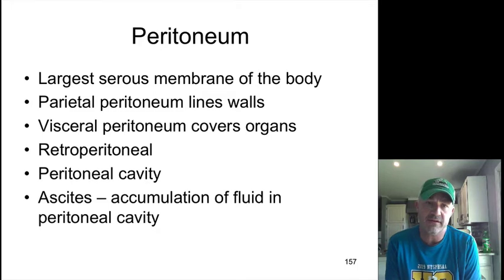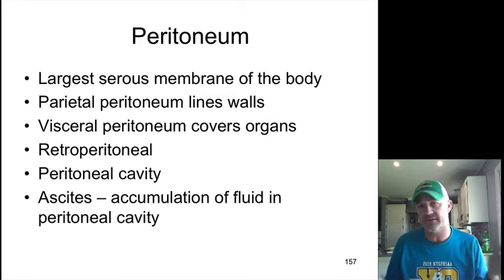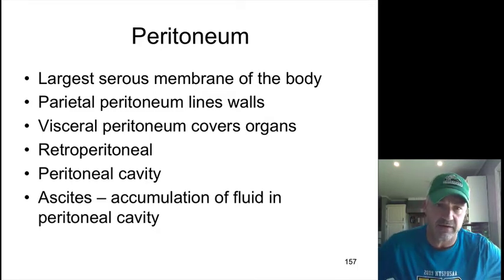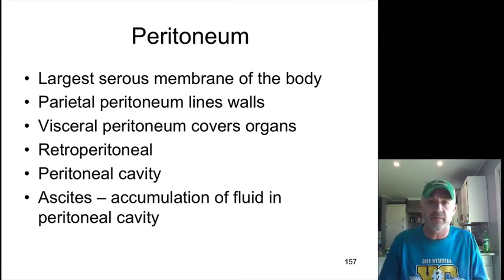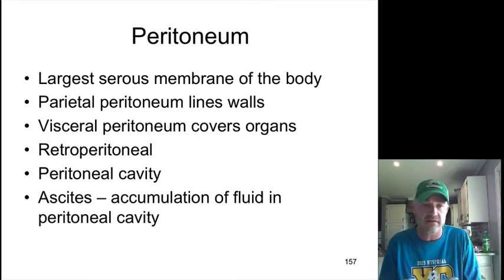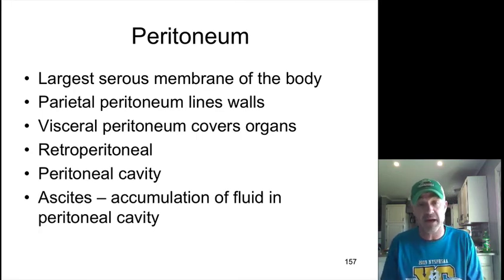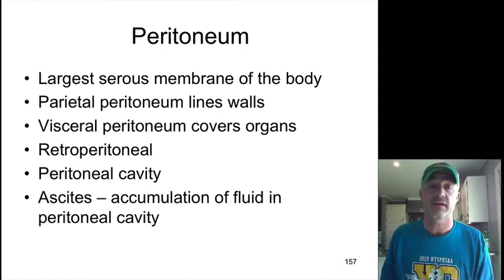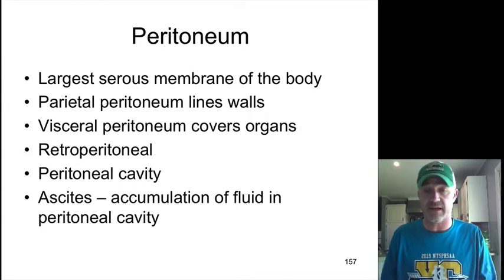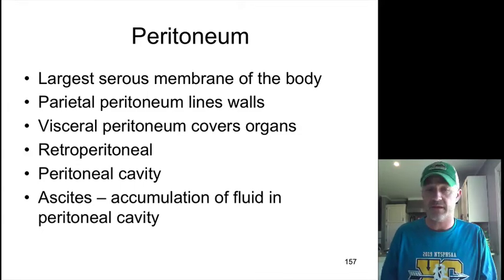So, peritoneum of our serous membranes, we talked about the pleural, we talked about the pericardium, we talked about a number of different things like that. Peritoneum is the largest one. Lots of different parts of this visceral peritoneum have a number of folds that are going to cover all these organs. There is actually some space behind this one, unlike some of the other ones that we talked about, this retroperitoneal space, and then the space within it, the peritoneal cavity, and ascites is that buildup of fluid in that